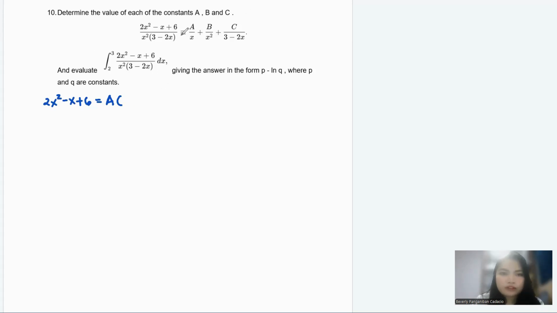So take note of this, yeah? Take note of that. So you already have x here. So meaning to say, the only thing you need to multiply for your a will be x only, the single x, because you already have x at the bottom. And then, of course, the 3 minus 2x. Okay, how about the b? The b is you already have x squared there at the bottom, so you can just put and multiply 3 minus 2x there.